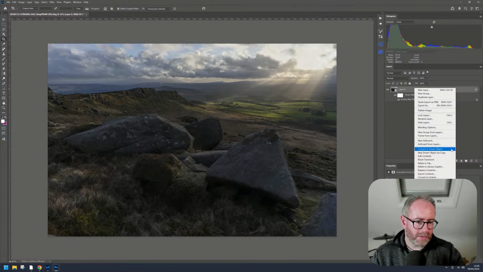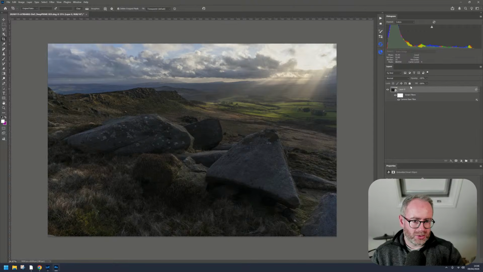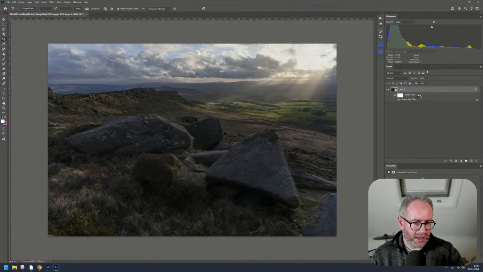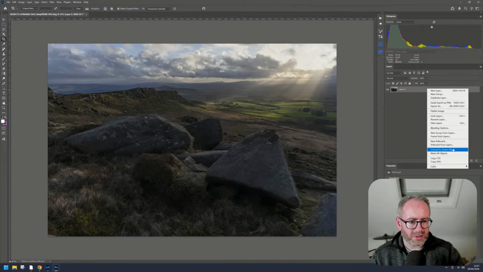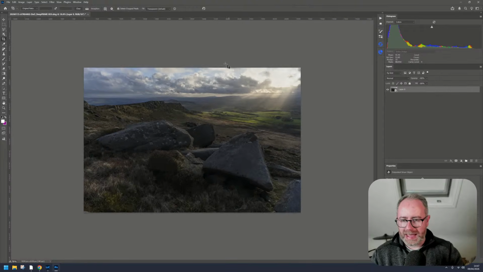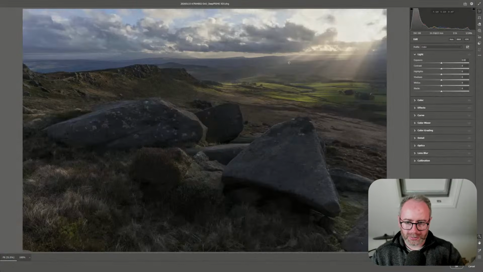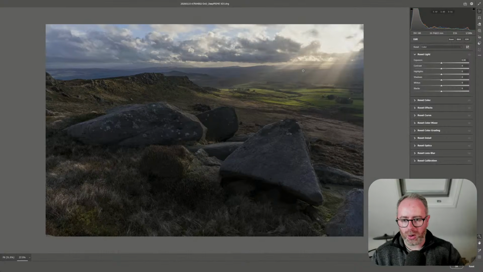Why the shortcut's not working? That's odd. Regardless, we will then just flatten this layer, flatten image, smart object. We can come back to it. Because I'm happy at this stage that we're not going to have to go back to where we were previously. So now I'm looking at the overall